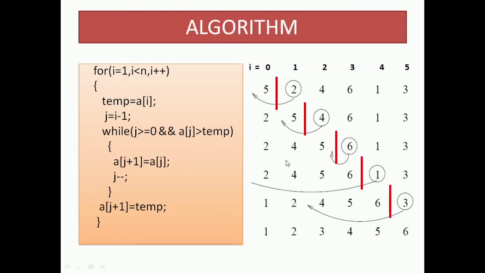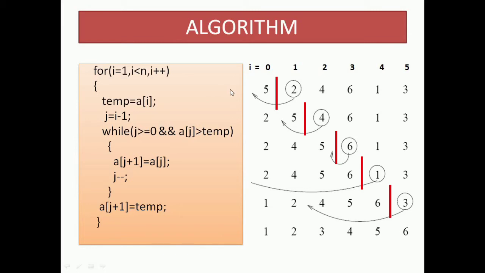Here's how we write the code for this sorting. We can see that the code will require 2 loops. One will be incrementing the value of i so that each value of array is sorted, and another loop for decrementing the value for comparing in the sorted list. You see 4 will be compared with 5 and then 2. 6 has to be compared with 5, 4 and 2. So we take 2 variables i and j.